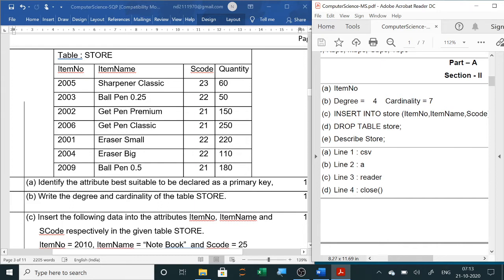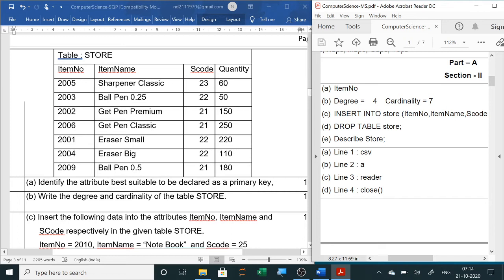Next is: write the cardinality and degree of the table Store. Cardinality is the total number of rows or records except the field names. The first row is the field names, which we will not count. From 2005, 2005, 2003 we will start counting. Total 7 rows are there, so 7 will be our cardinality.